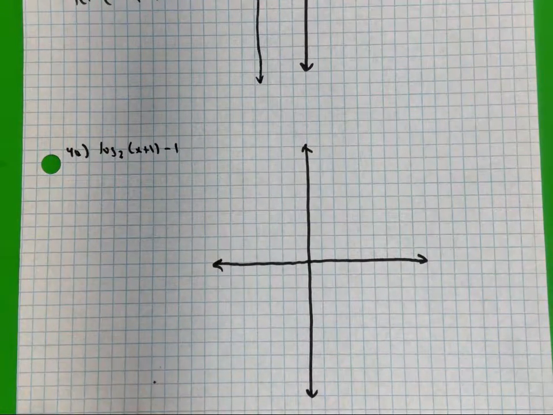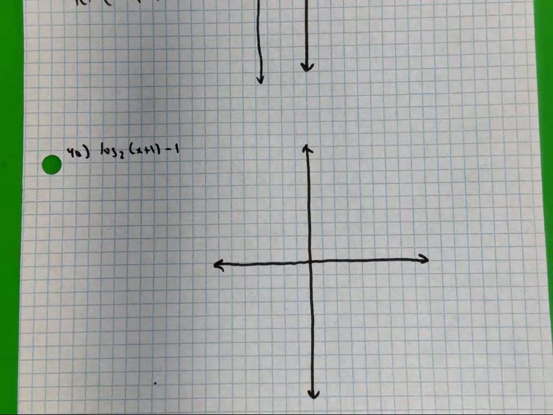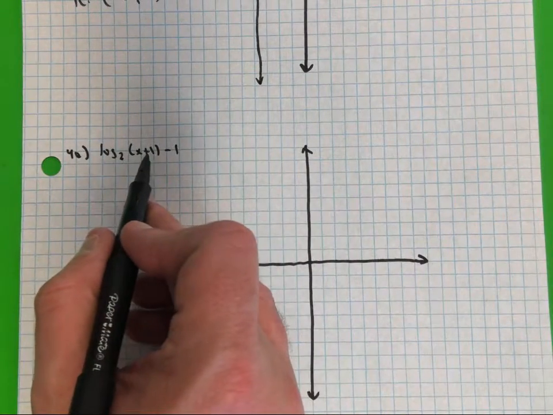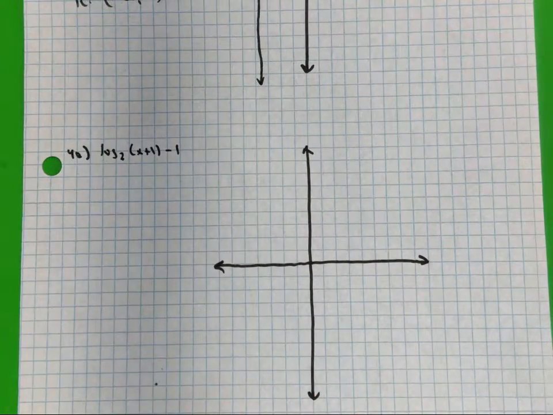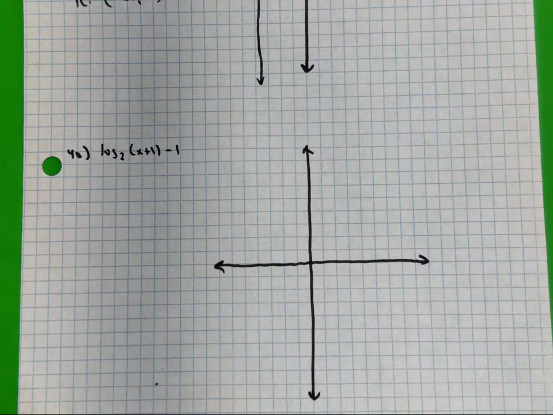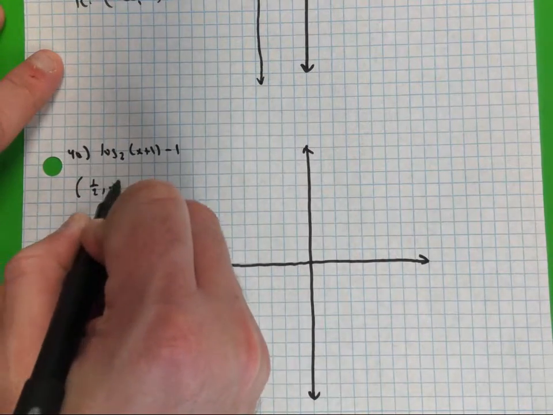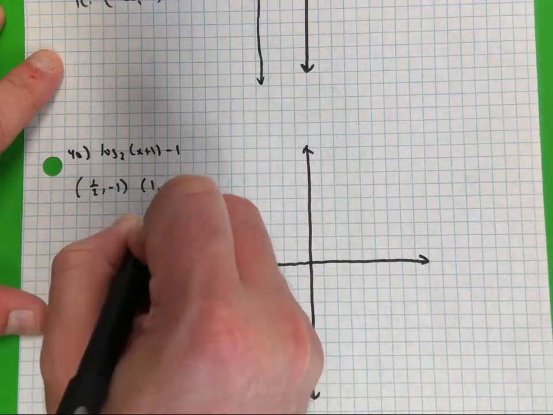Number 40. Do I have some transformations occurring here? Yes. I have to move what? Left or right? Left 1 and then what? So I'm going to manipulate my x and my y coordinates, aren't I? Alright, so I'm going to find my original. My base is 2, so I'm going to have 1/2, negative 1; 1, 0;